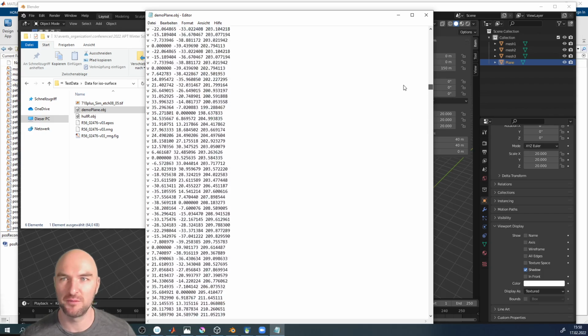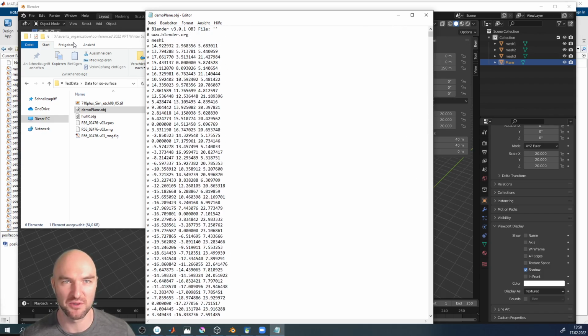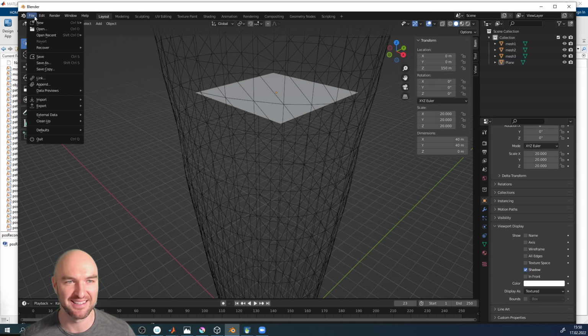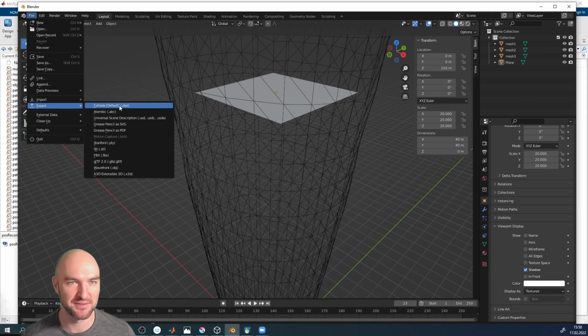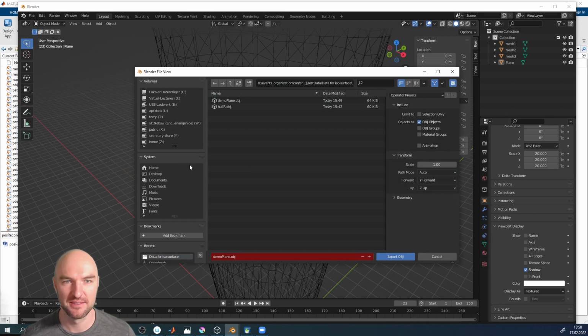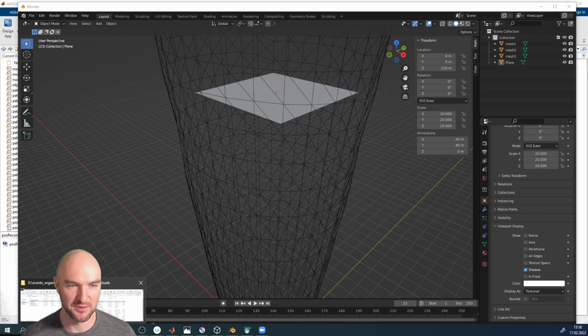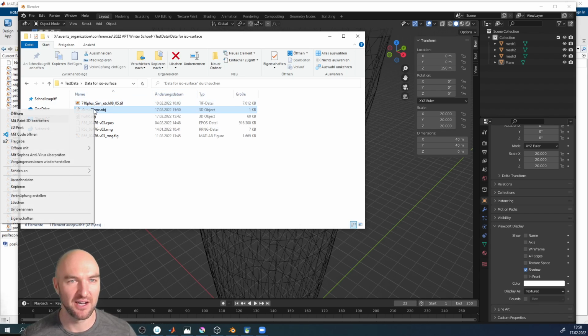And we have a lot of objects because I forgot to also say that we only want to export the object that I've selected. Yeah? So File, Export Wavefront, OBJ, demo plane, and we're still at the same directory as before, and we only want to limit it to selection. That was my bad. And now if I open that with the editor,